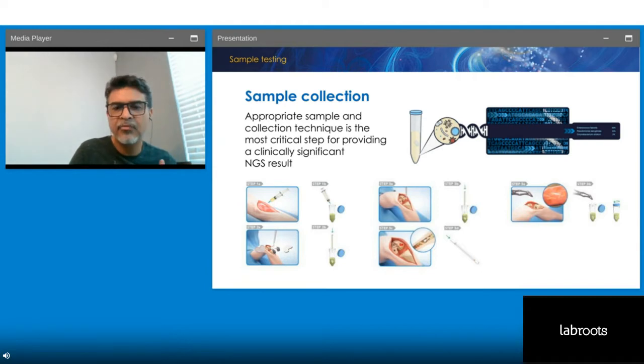And if the specimen is not collected with care and is contaminated with the surrounding microbiome, those organisms can be present in the final result, and they can make it difficult for the clinician to differentiate which of these organisms could be a real pathogen or which could be just normal flora or a colonizer. So sample collection and sample quality are highly important,